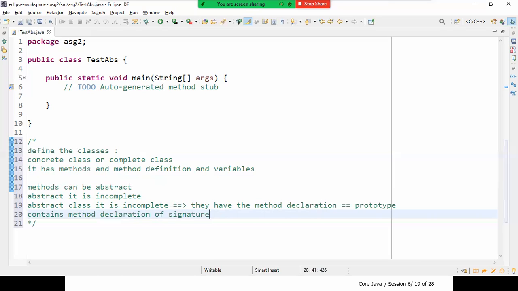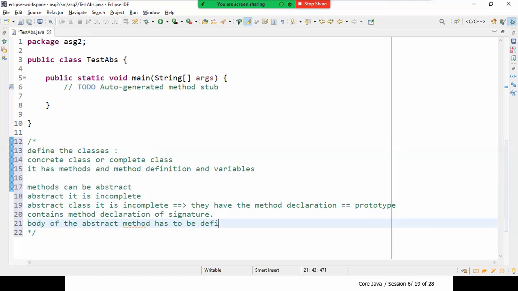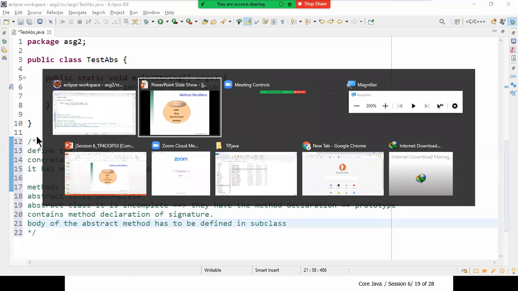So remember, the body of the abstract method has to be defined in the subclasses. Let's see this. We'll talk about them more.